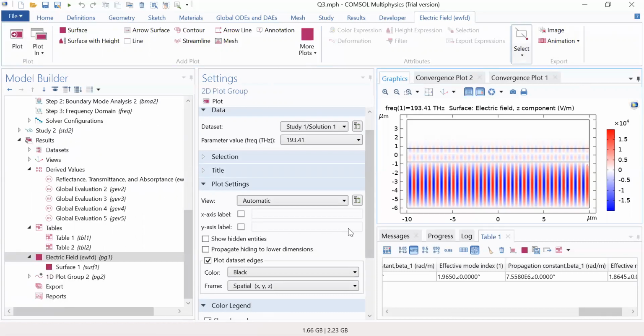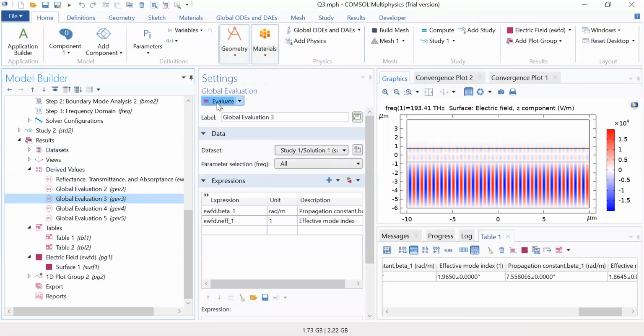This gives a very small number of confined modes. The number of modes depends on the thickness of the core, the unequal thickness of the cladding regions, and the refractive index values being very close. Now we are looking at the propagation constant for this third mode. It is showing 7.27.